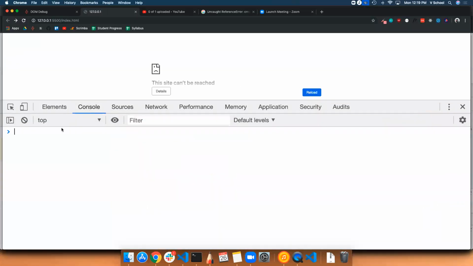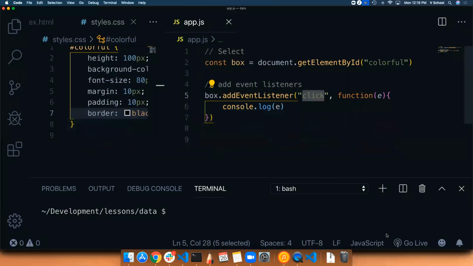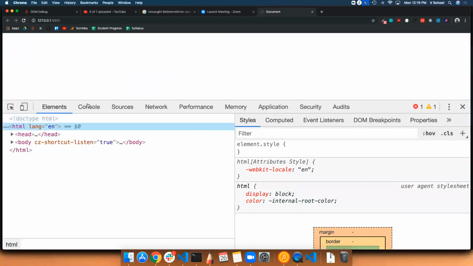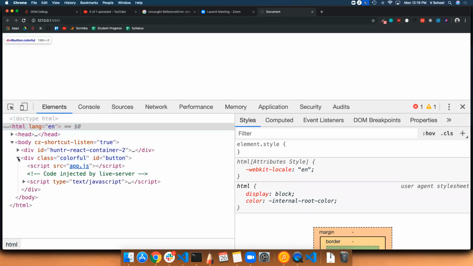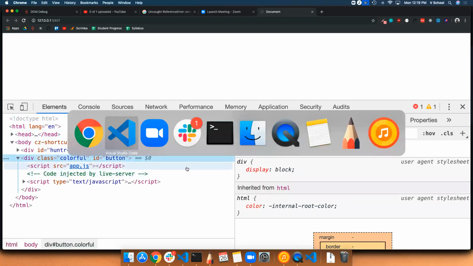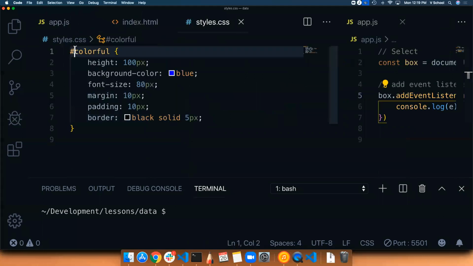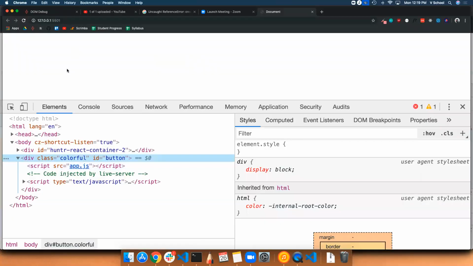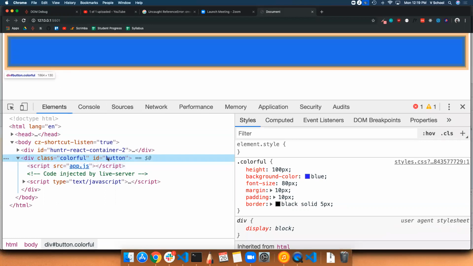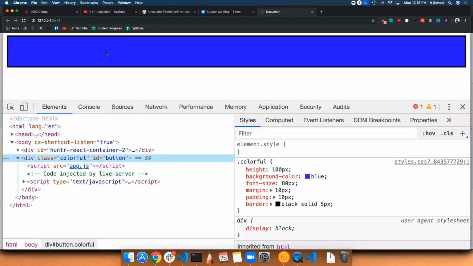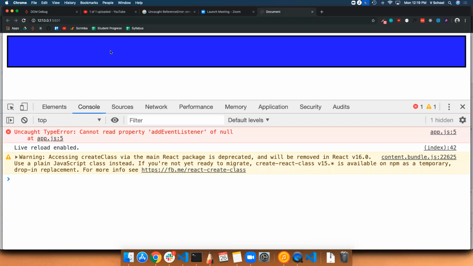So I need to open a different... Where's my box? Doesn't have any CSS properties. Cool. So when I click on it,